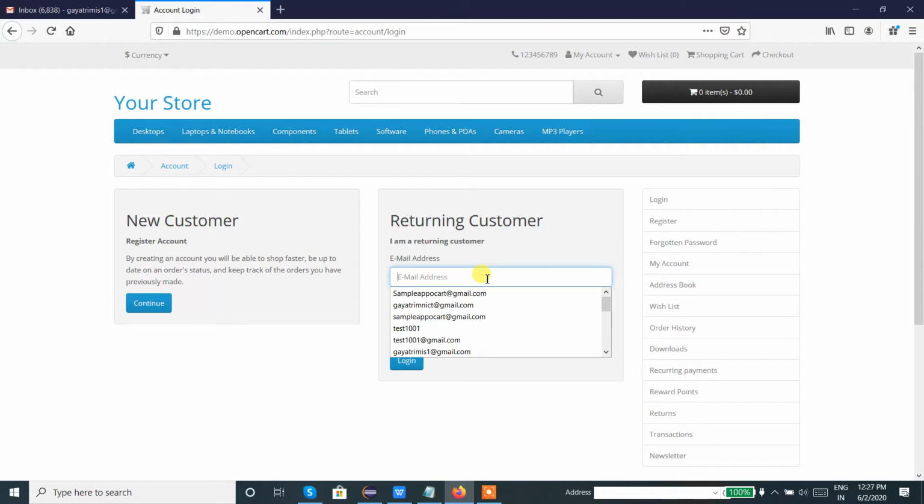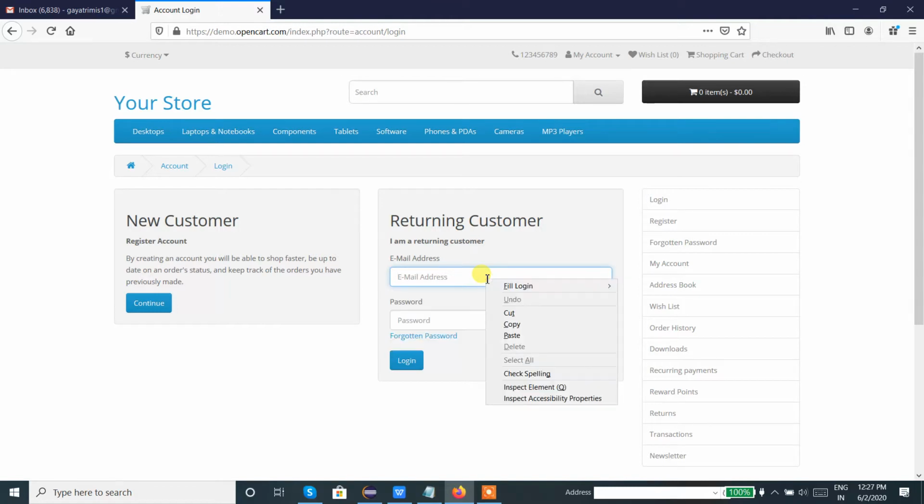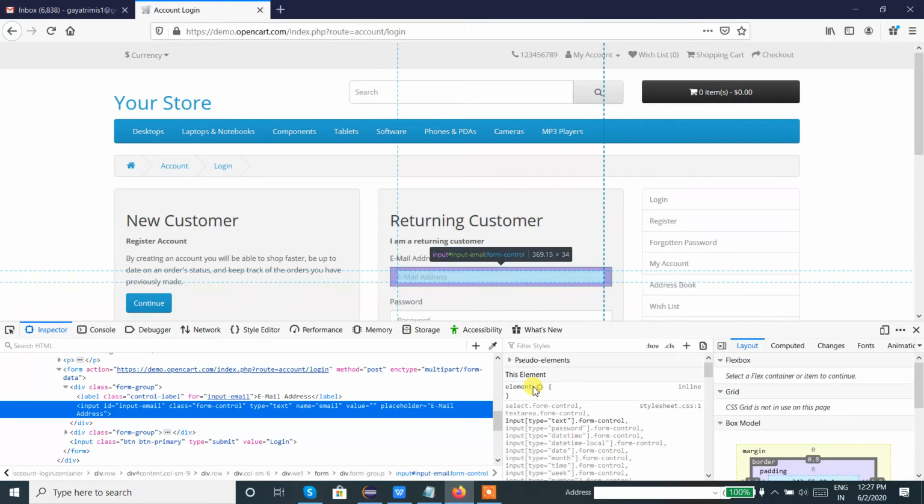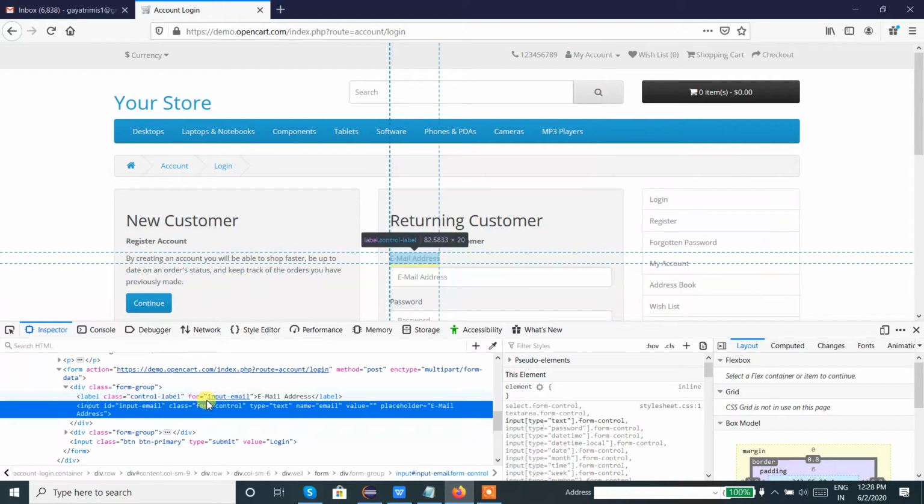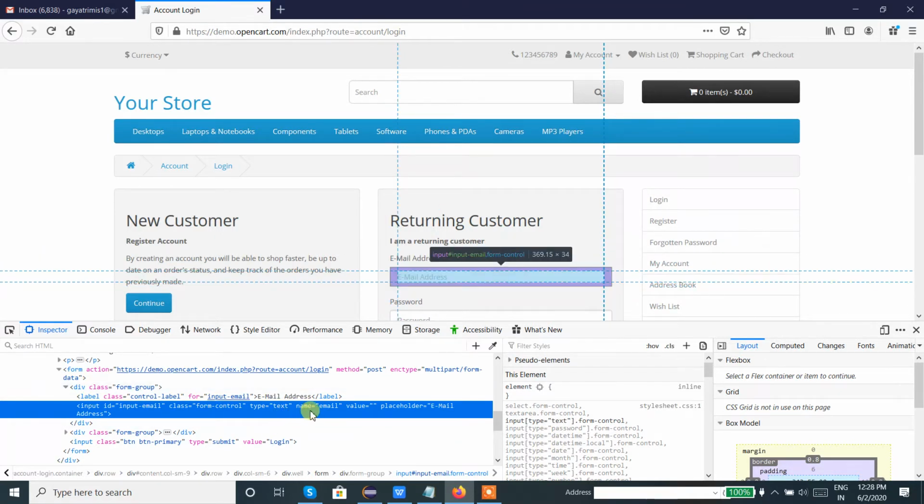So how can I get the XPath? As we are beginners, I suggest you right click on the element and click on inspect element. Here we can see some information related to the XML document. We can see many attributes and their respective values, like input ID value, then class, type, name.